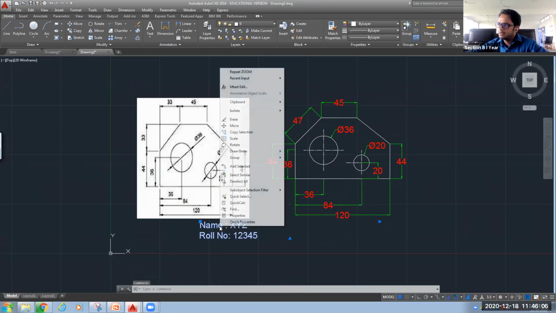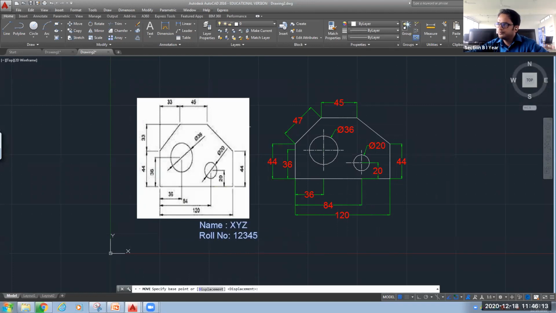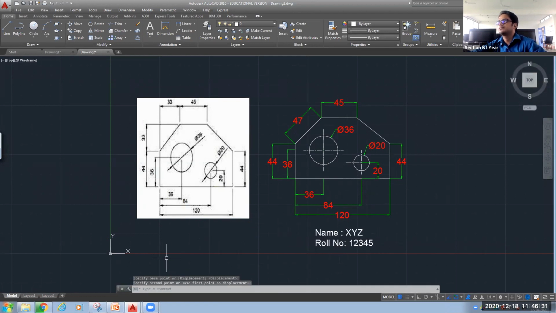You can right click to bring up this pop-up menu. You can see one option, move. Once you click on move, it will ask for the base point. Select the base point, this is the base point I am selecting. Now, where do you want to move it? You want to keep this just below the diagram you have drawn, so you can keep it over here.